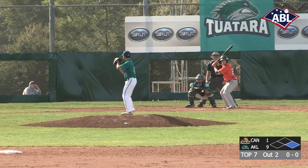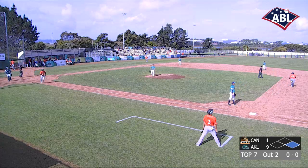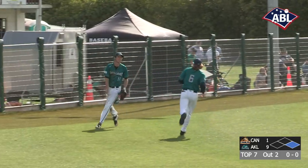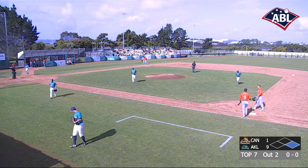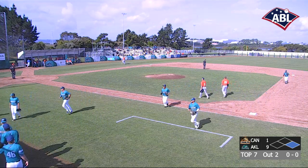So Ryota Okamoto facing what might be the toughest lineup he's had so far, with a high fly ball. Ranging over is Max Brown. He'll take it easily in right field. So Okamoto able to work through the top of the lineup for the Cavalry, continuing to show his class here